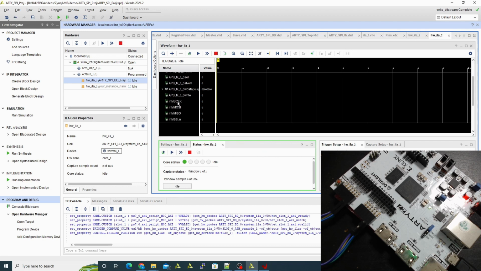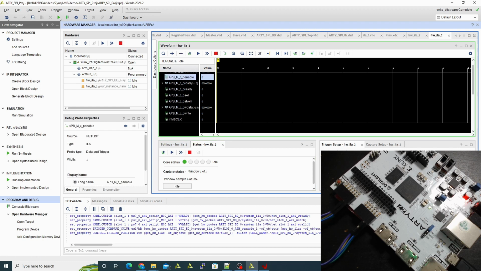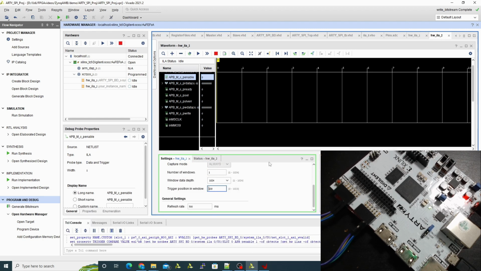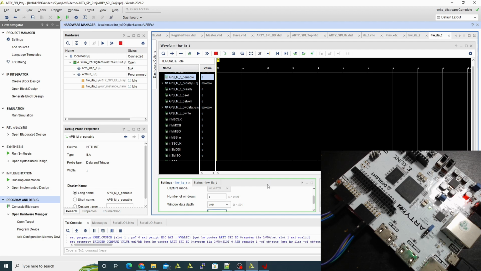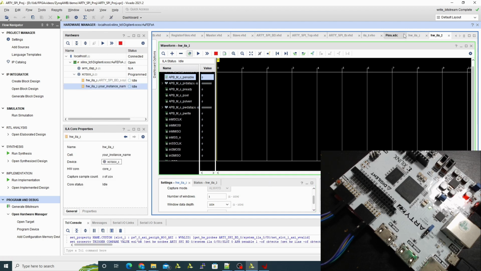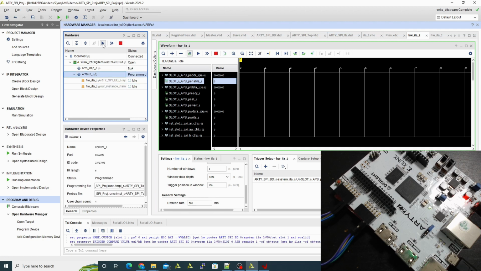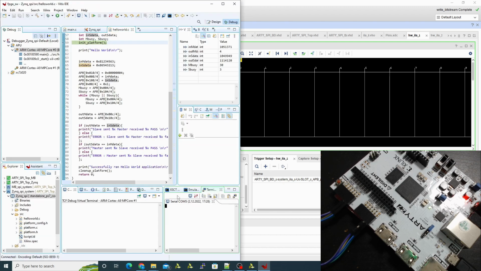And the second ILA, as you remember, we have the SPI signals and the APB. Again, I will trigger on the P enable at the start of the window. I'll give as much window as I can give it, and I'll re-trigger it every time. And we're ready to run our software. The ILA is waiting, and once I run my software,